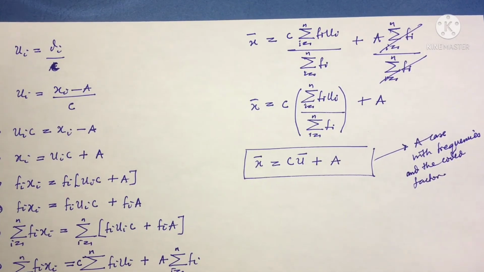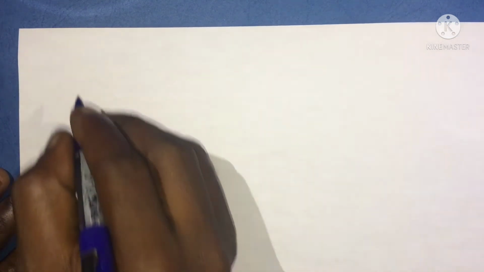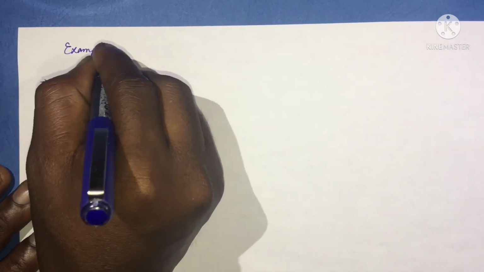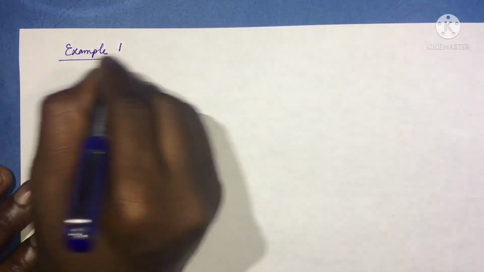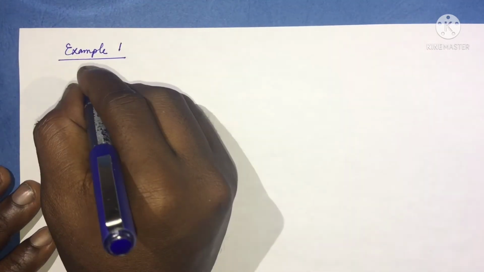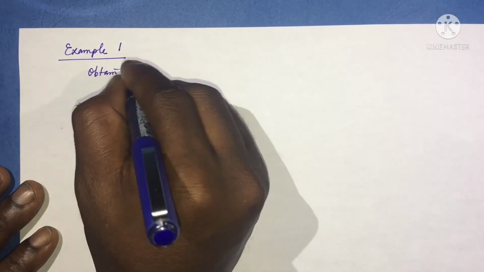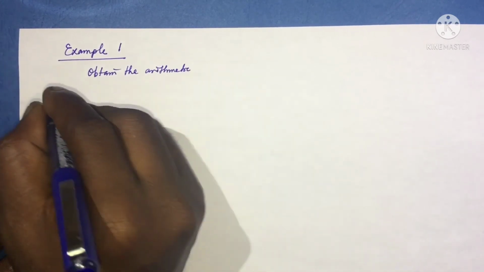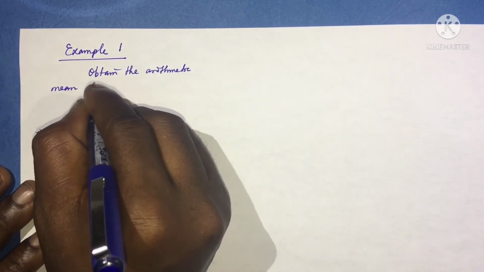Now let us quickly go into taking an example that shows how to obtain the arithmetic mean using the assumed mean method and the coded factor method, to round up this class. So I'm putting up an example here. I'm going to call this my example 1 in this video. The question says obtain the arithmetic mean for the data set